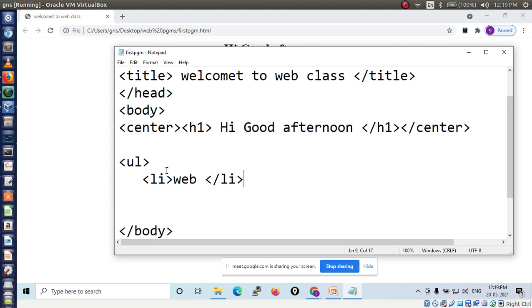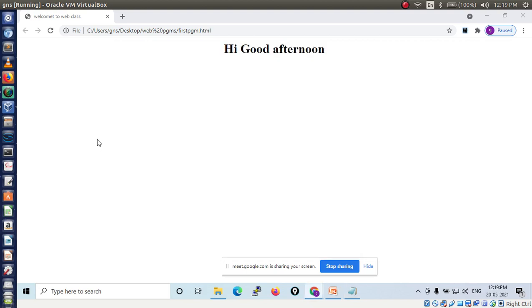Here I am writing the opening tag of ul, then we have to close this ul tag. I am listing only one element, and that element name is web. After saving, it is displayed. Everyone see here, is it displayed?